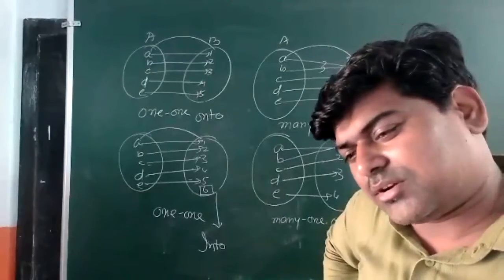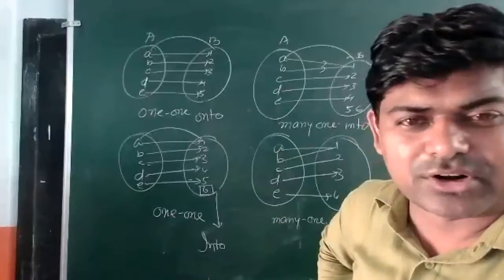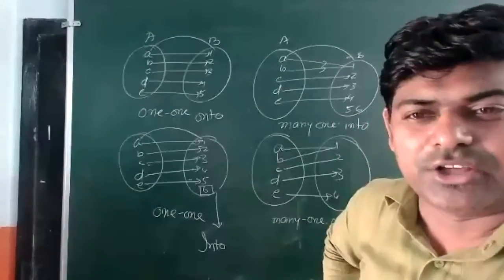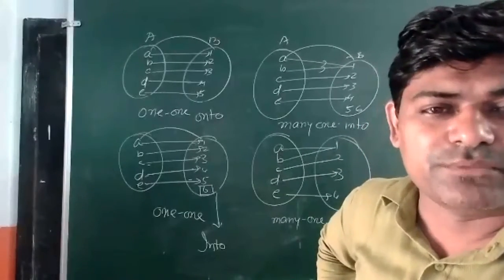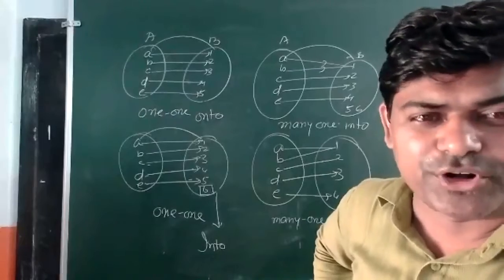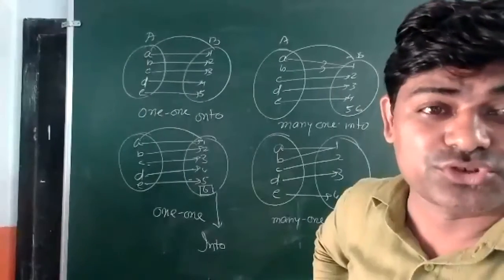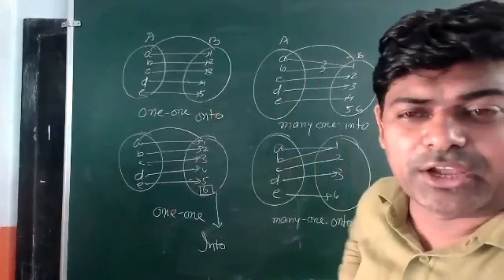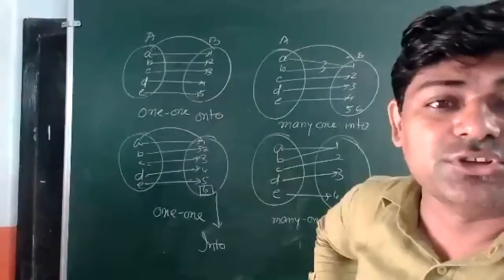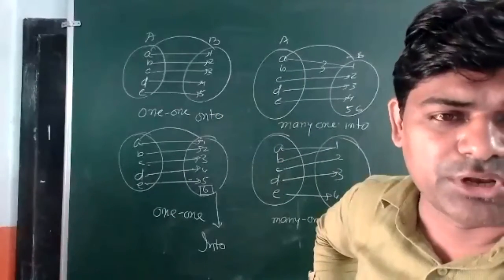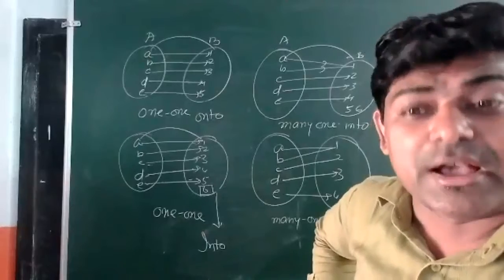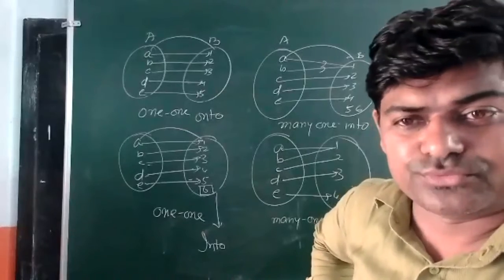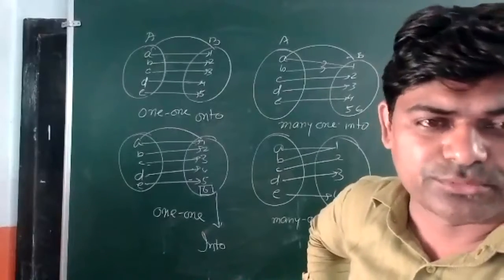So what I am thinking, already it is 1 p.m. Our time is over. So tomorrow I will tell you how to show that the given function is 1-1, onto, because it is an important point in examination. You will definitely get some question related to this topic. One function will be given and you can get questions like: show that the given function is 1-1, that the given function is many-one, that the given function is bijective. Bijective means 1-1 onto. So tomorrow we will discuss about it.